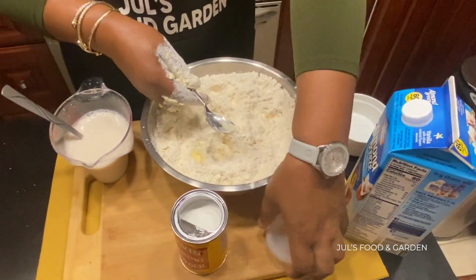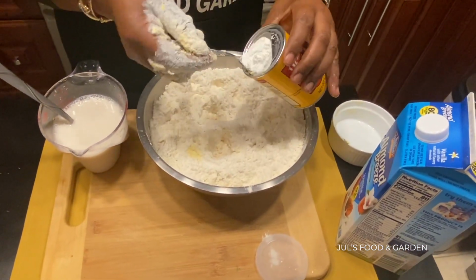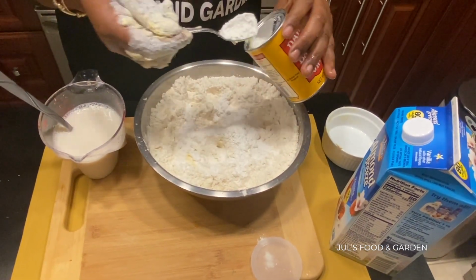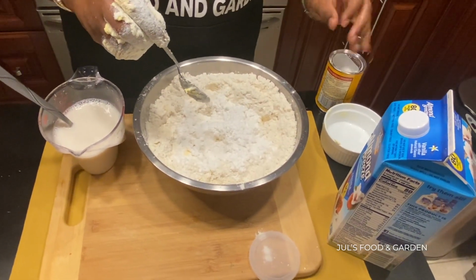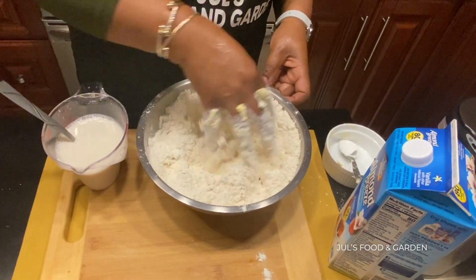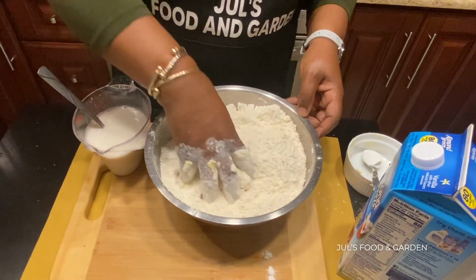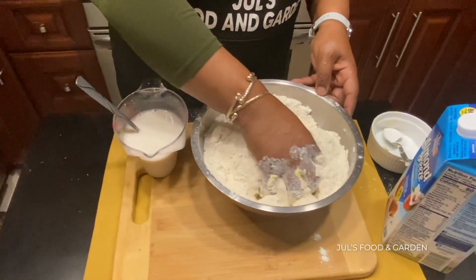I'm gonna put 2 teaspoons of baking powder in it, which is like about this. You don't want it to be too sodery. So 2 teaspoons of baking powder. Using my hand to mix out the butter first. This is like 2 cups of flour, 2 of these measuring cups of flour, and